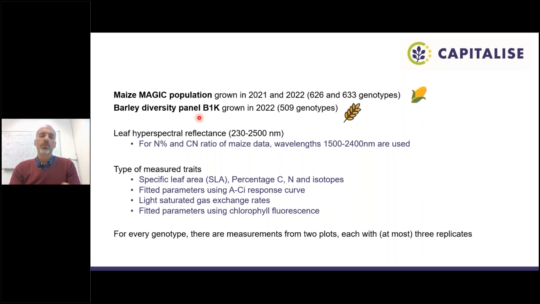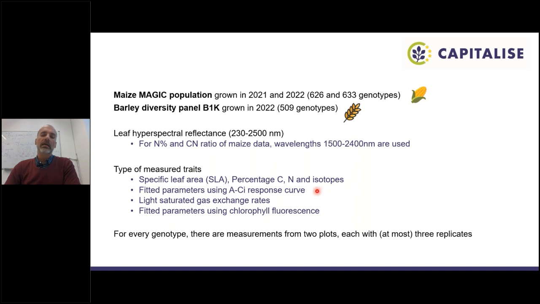For all of these, we obtained the leaf hyperspectral reflectance. This was work done in the group of Johannes Kromvik at Cambridge University. And in this group, there were also a number of traits that were measured. I'm going to divide the traits into so-called physiological traits that capture specific leaf area, percentage carbon, nitrogen, and isotope-related